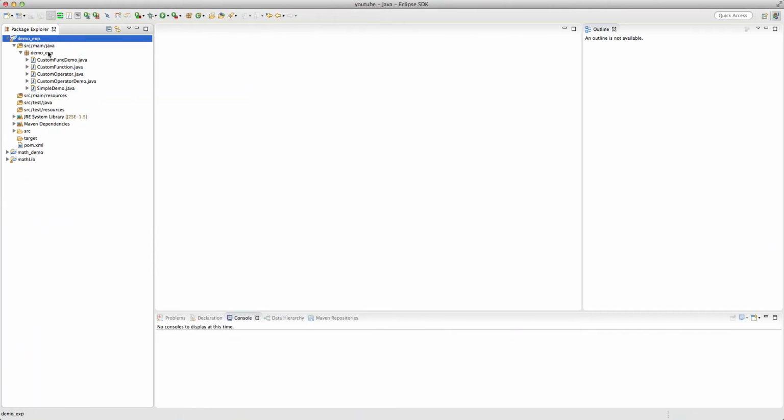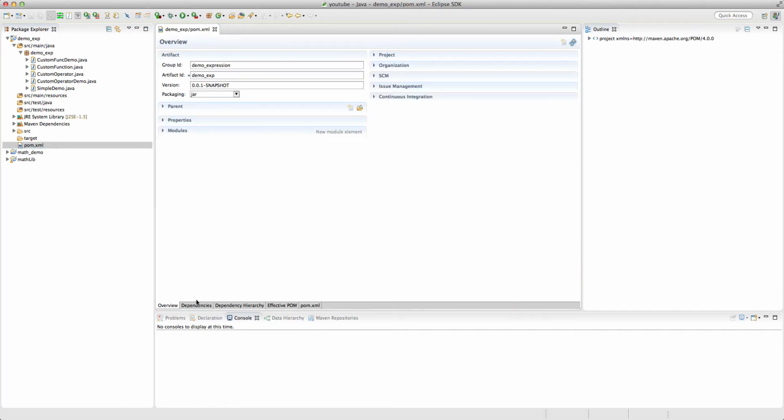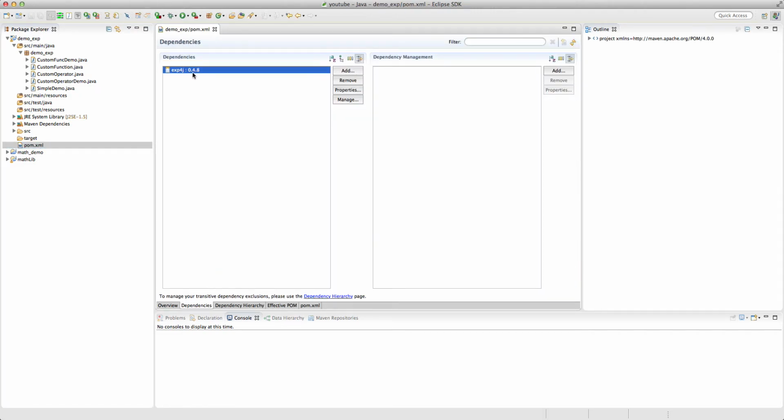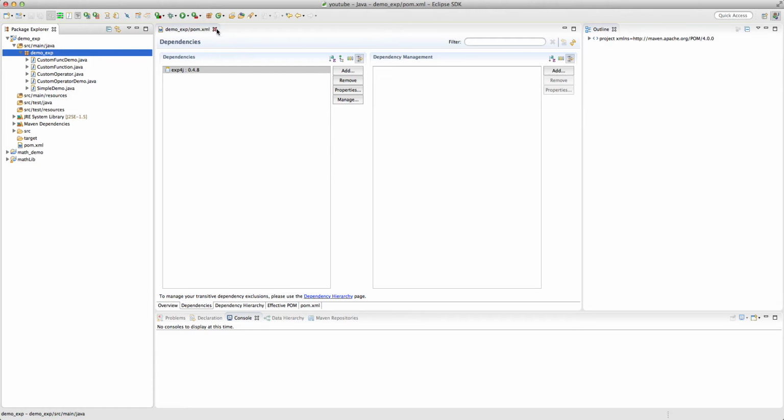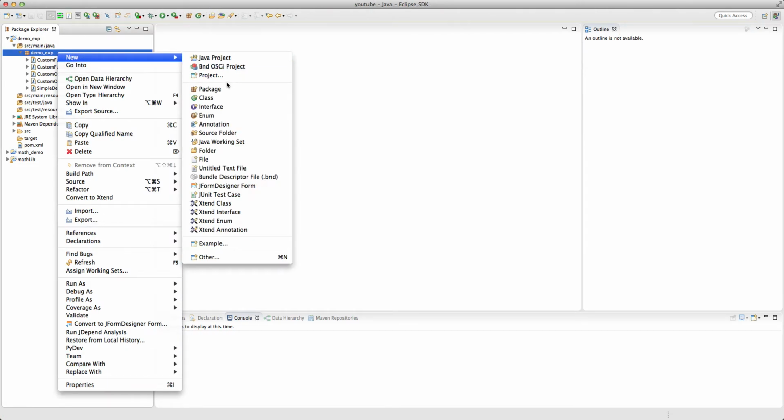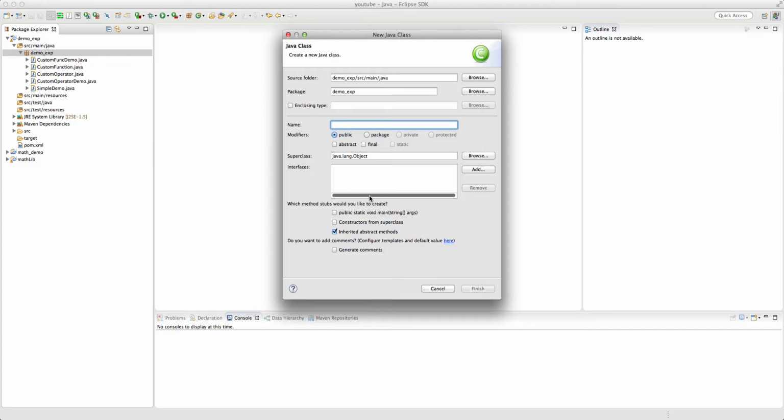Alright, so this is our demo expression library. If you recall, we are using Maven for dependency management, and I've already added the exp4j library in the Maven dependencies. If you look at the POM file, the project object model, in the dependencies exp4j is there. It's using the 0.4.8 version. And if we go to the demo package, let's create a simple class called SimpleBenchmarking,